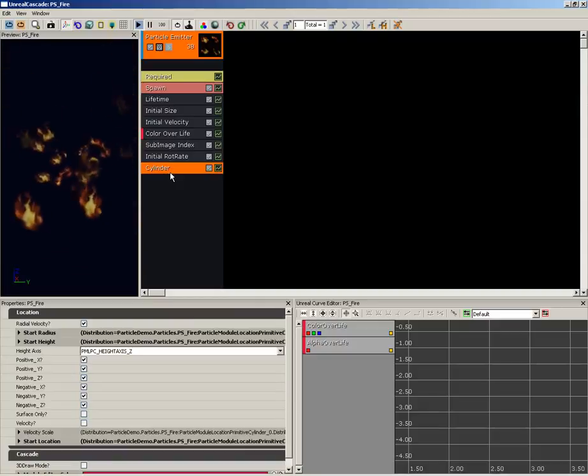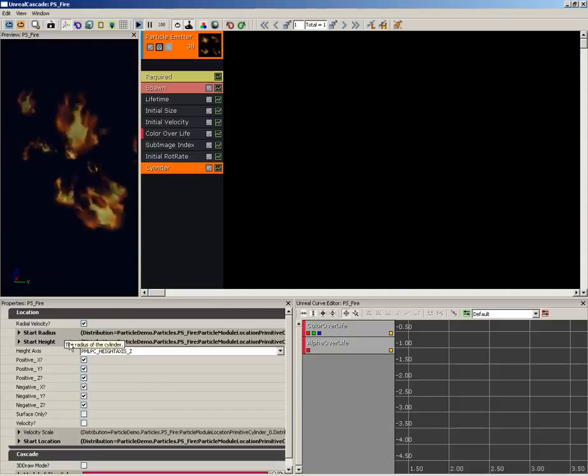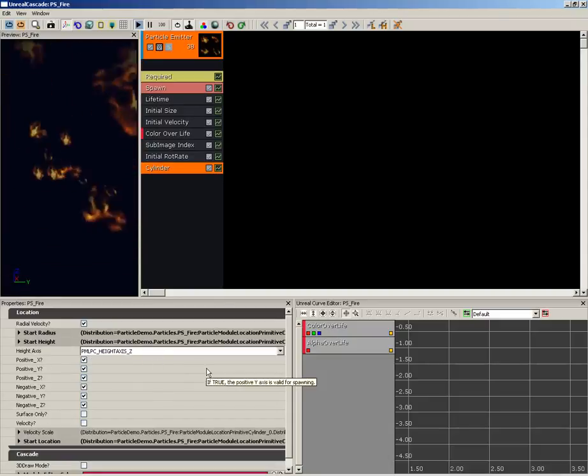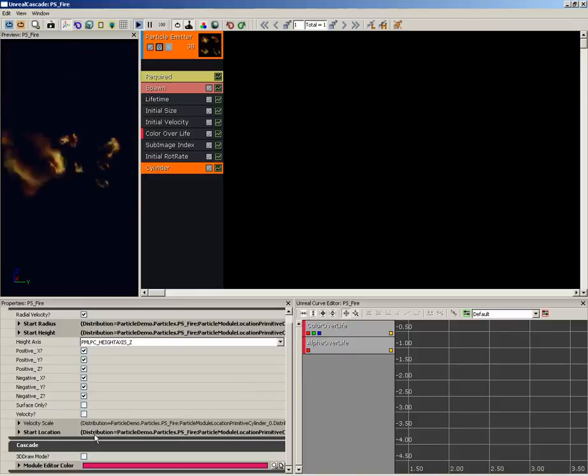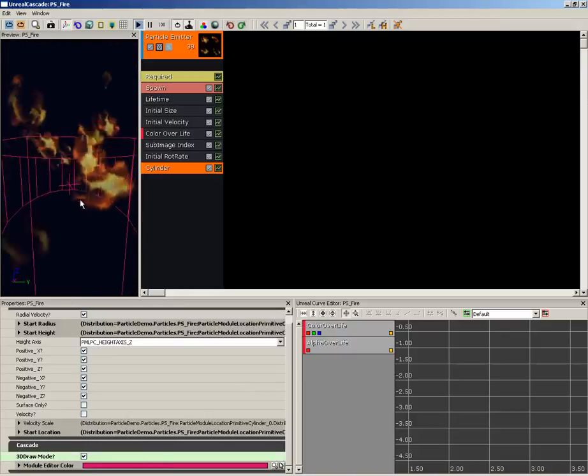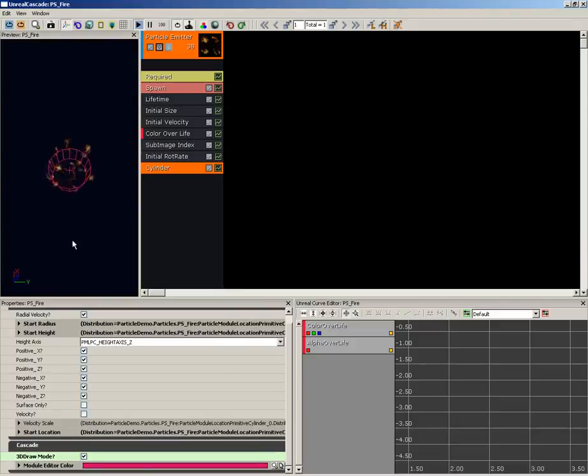Now if we select this, and take a look at all of its properties, there are a lot of settings to control the look of this cylinder and how it's placed, but if we scroll down, at the very bottom you'll see Cascade 3D Draw Mode. Go ahead and switch this on, and you can visualize the cylinder itself, and you can kind of see how this works. The particles are all being born from random locations inside the cylinder,